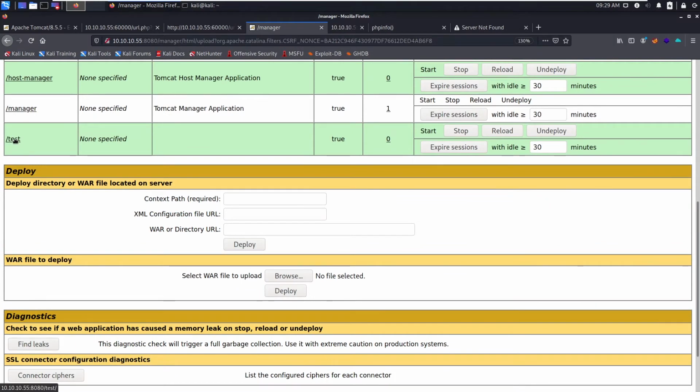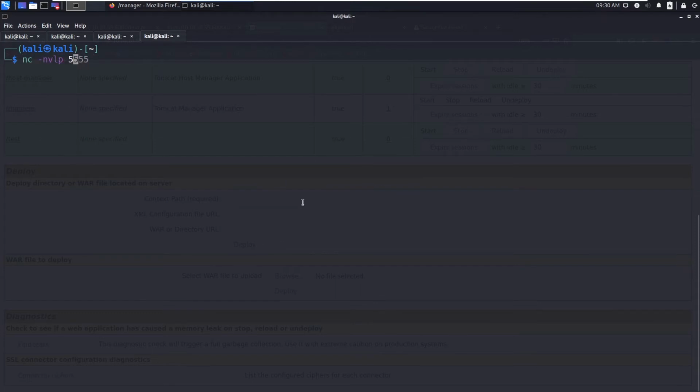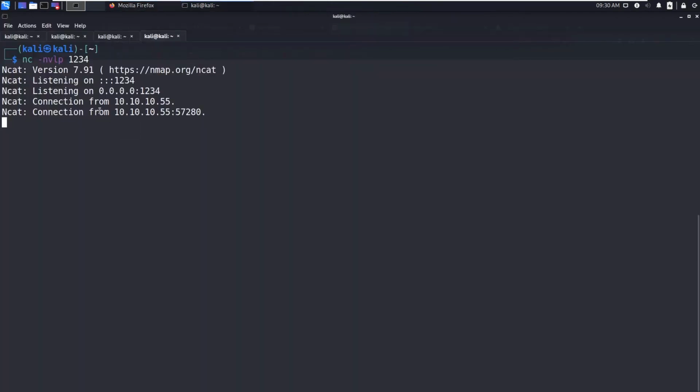If you go to the test, sorry, we should start the listener first, 1 2 3 4. Now go to test. We should see the shell. ID, where am I? Tomcat. So let's upgrade to a TTY shell.